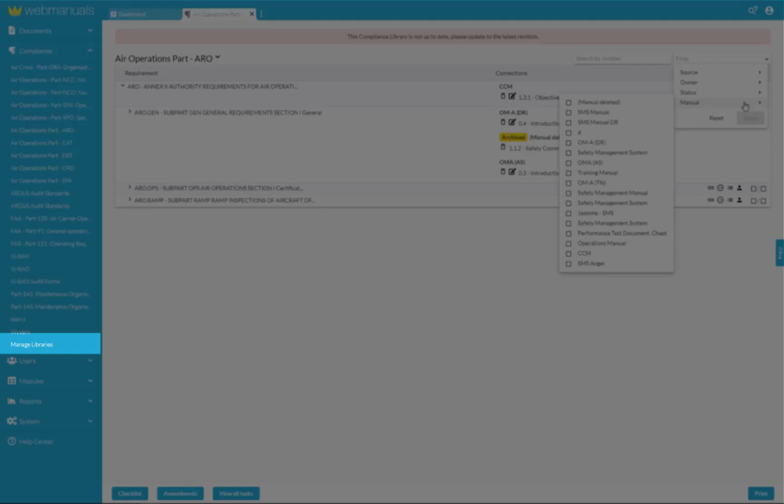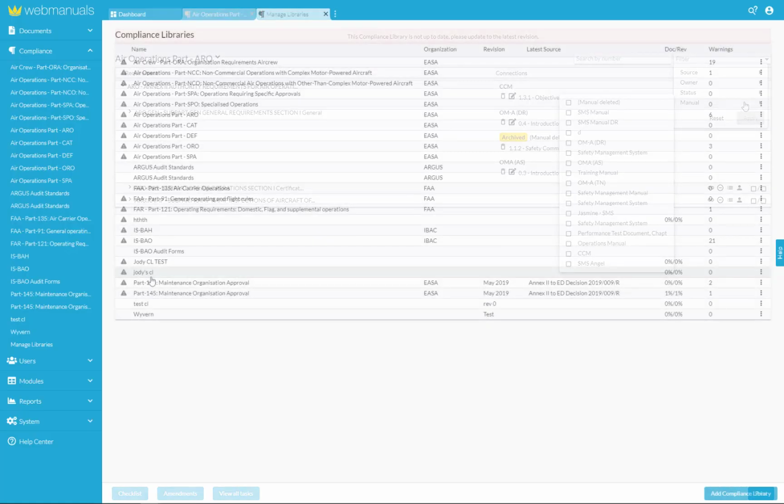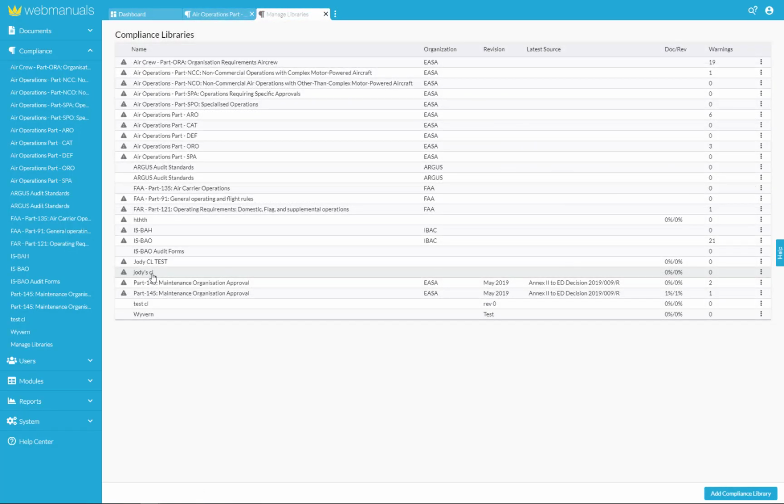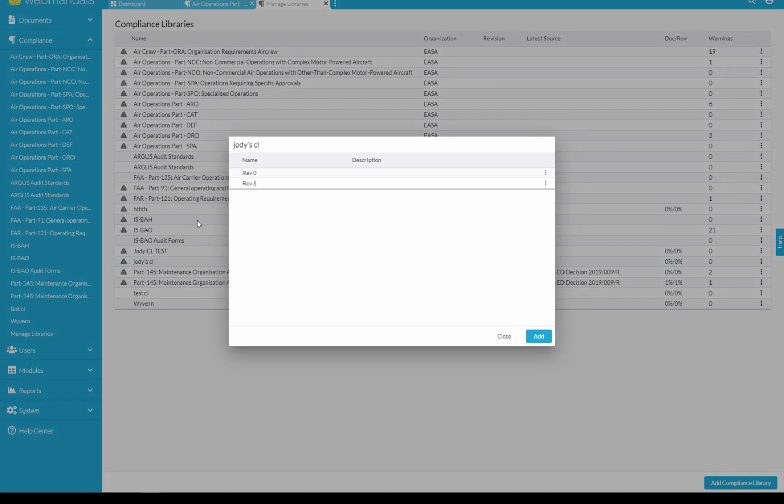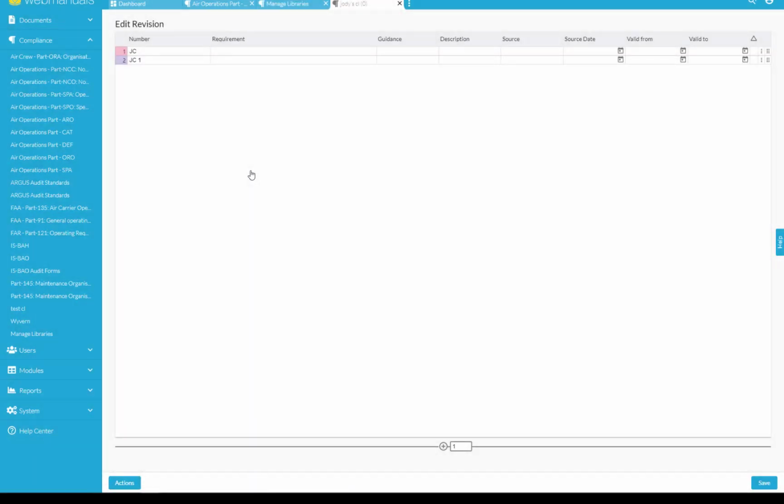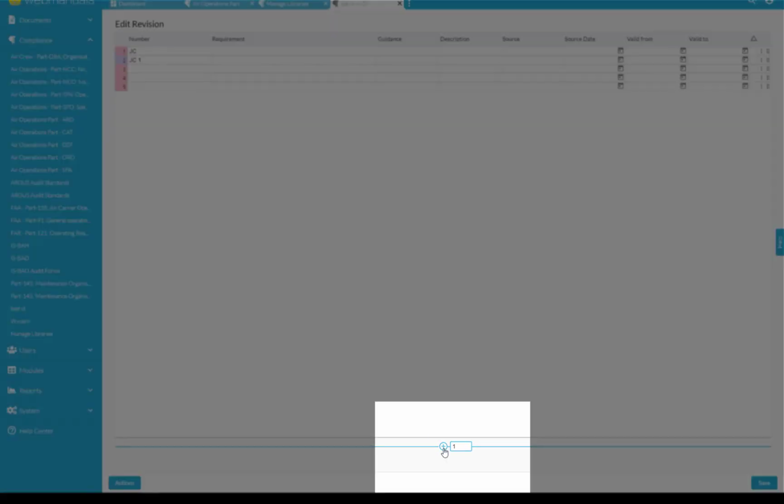Manage Libraries has received an important upgrade. Click on a library, choose a revision, and as you can see, adding one or several lines works like in a spreadsheet. Simply click here to add a line,